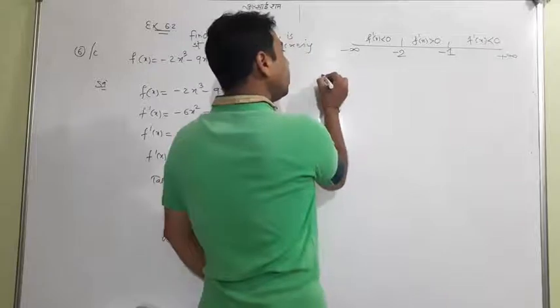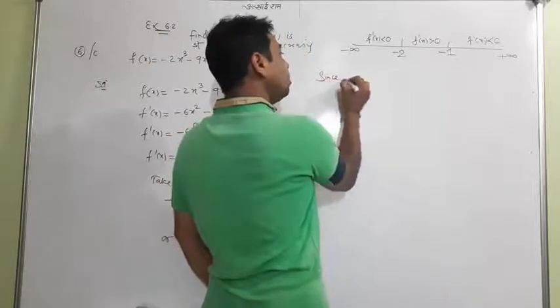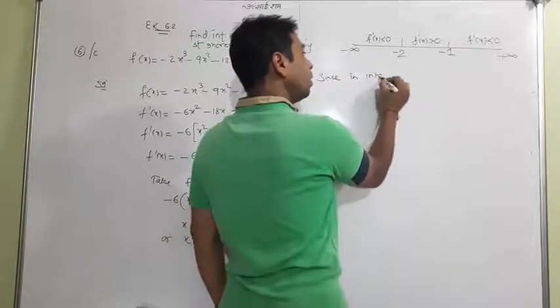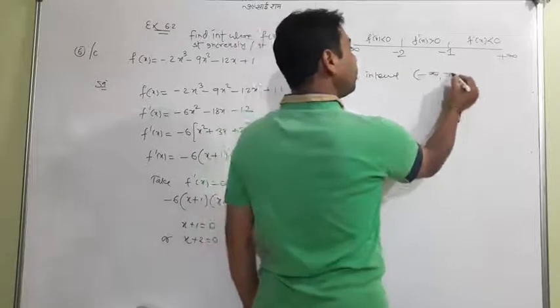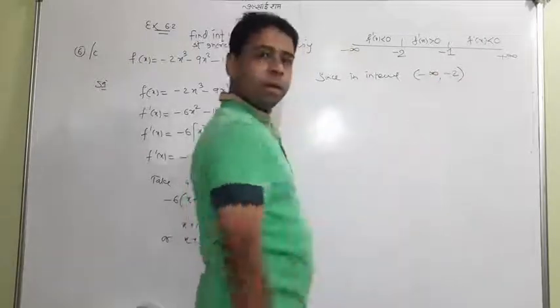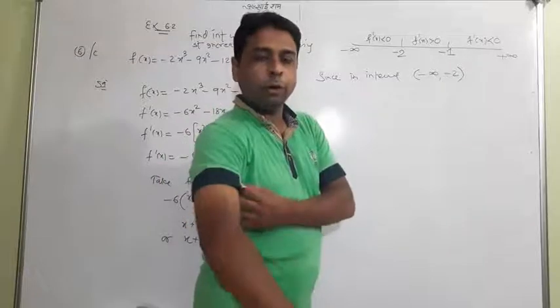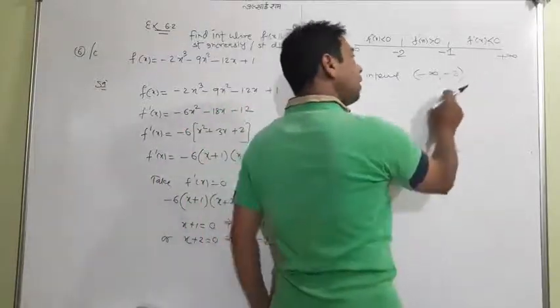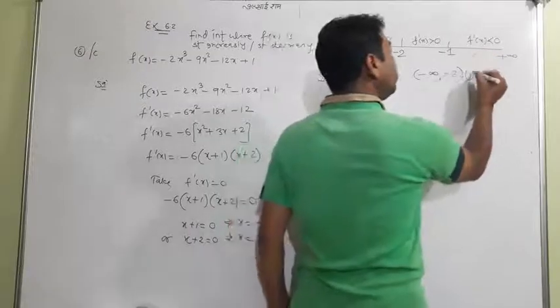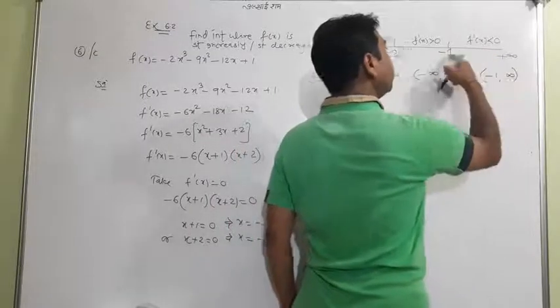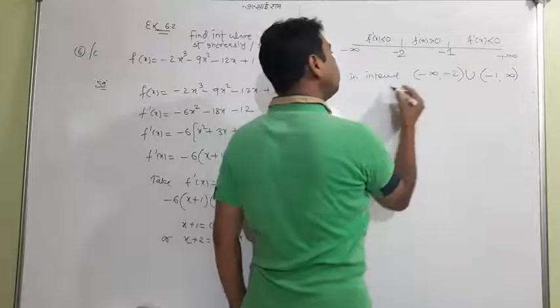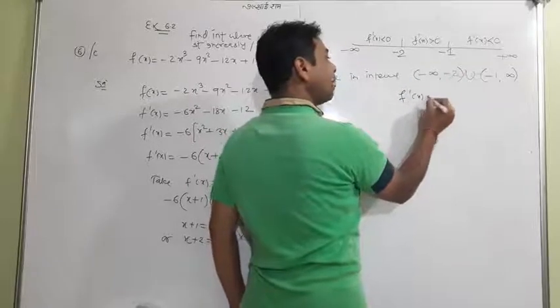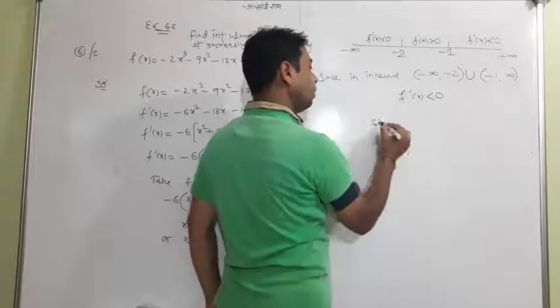So in the interval minus infinity to minus 2 it is always open, near infinity we don't have any question about that. And minus 2 again follows the open sign, and union minus 1 to infinity, between these two f'(x) is negative, so in this interval